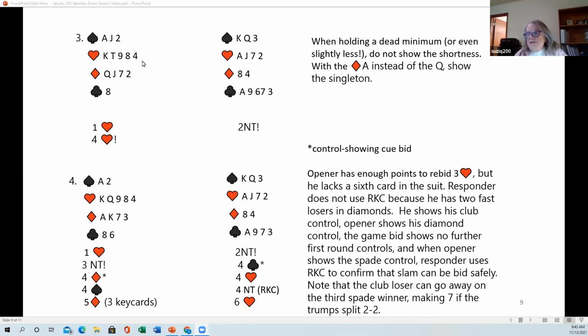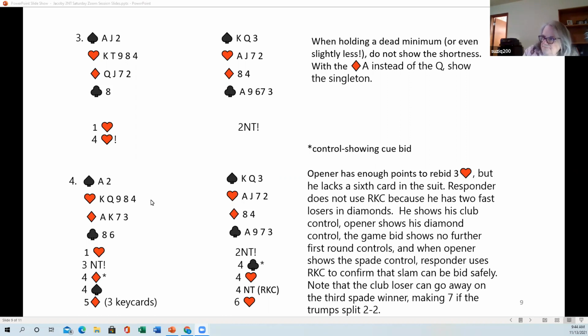It's not wrong to open this hand. I mean, this is an 11-point hand that some people won't open because it doesn't have 2 quick tricks in it. Not everybody opens this hand. You know, your choice. I wouldn't criticize anybody who did necessarily, but I would not show shortness opposite a Jacoby 2 no trump call by my partner. Now then,